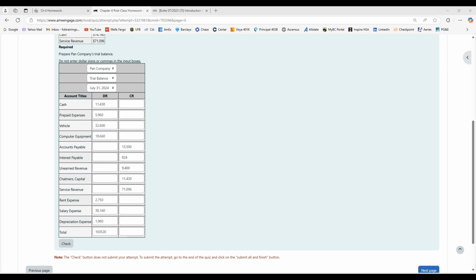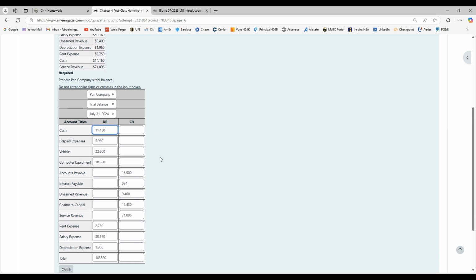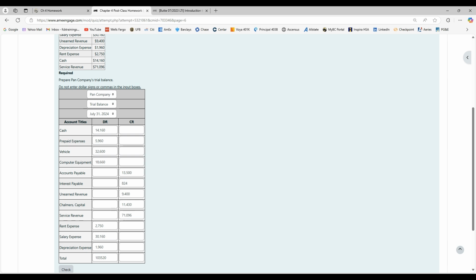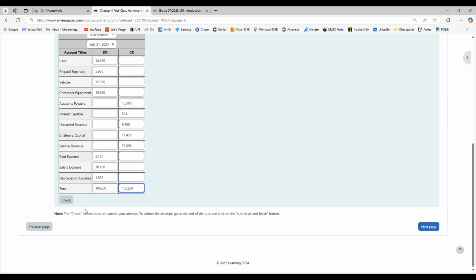Sometimes it comes out where your totals don't balance, and so that's where you have to go back through and add everything together. Let me just double check my math. That all looks good. Maybe I'm missing one. 2730. Cash. Oh, I put capital. Yep, that was my mistake. I saw the C and I just threw it in there. You guys probably saw that as I was doing it. So let's try 14,160. There we go. Now I get 106,250. So I had accidentally input the total for the balance for capital in place of cash. So once I fix that,